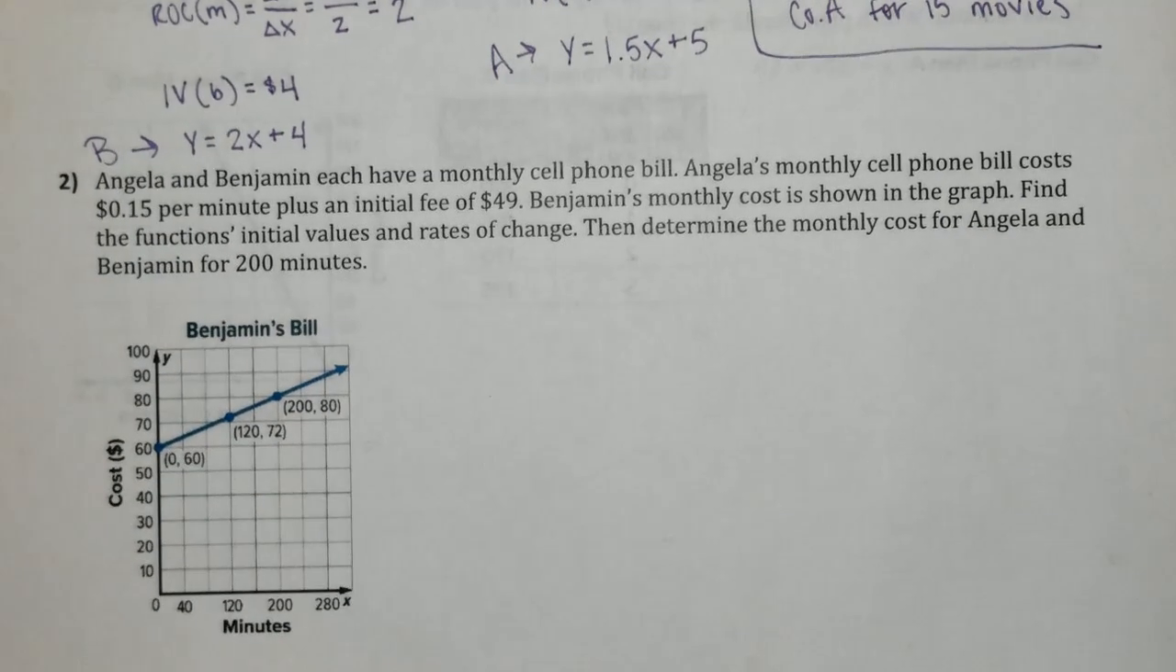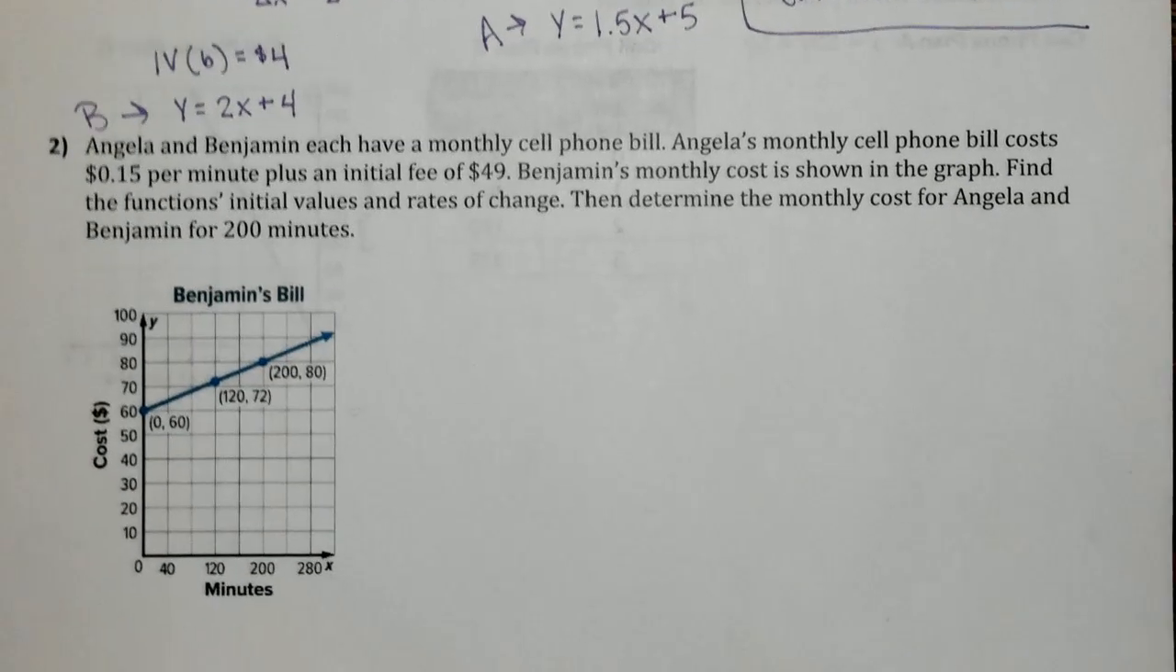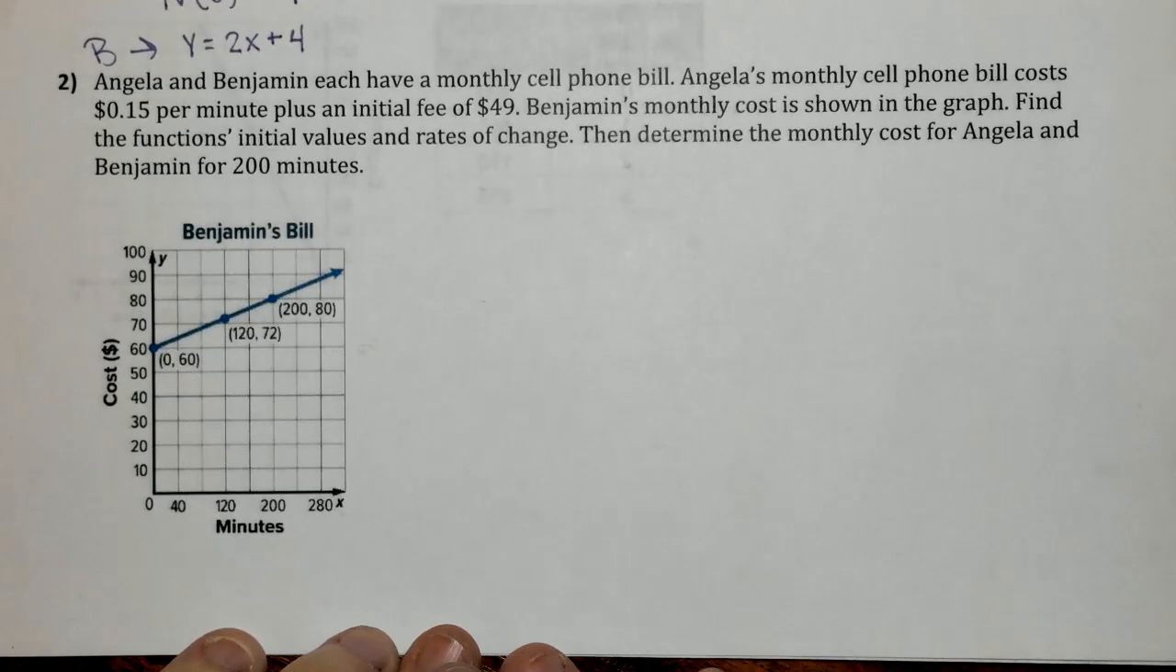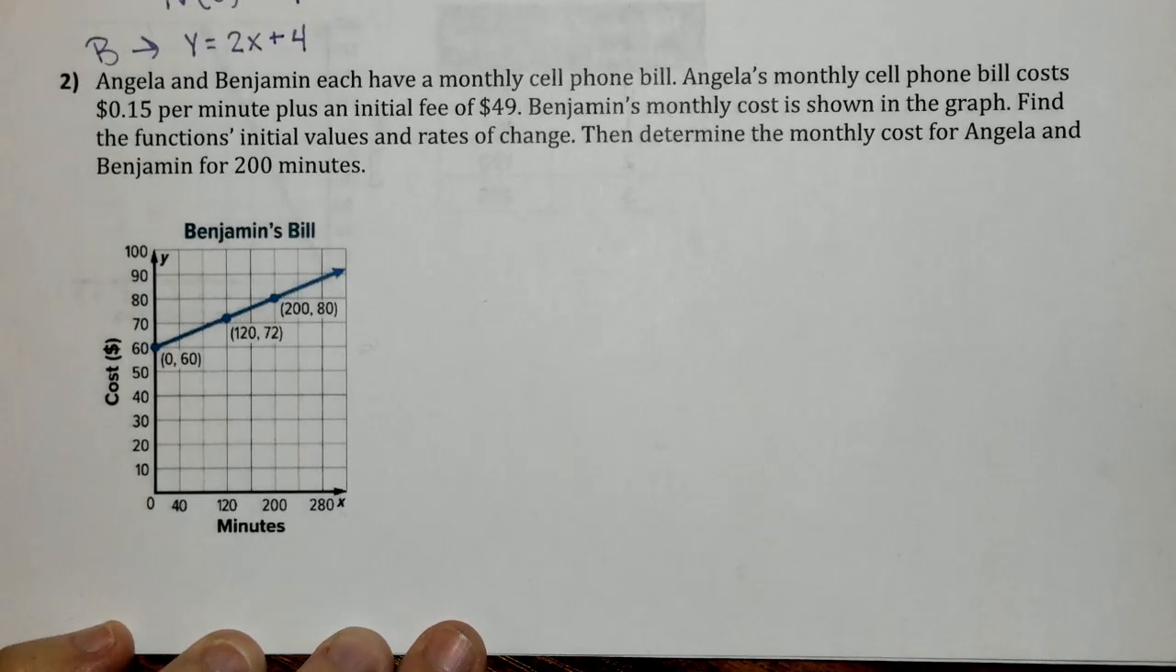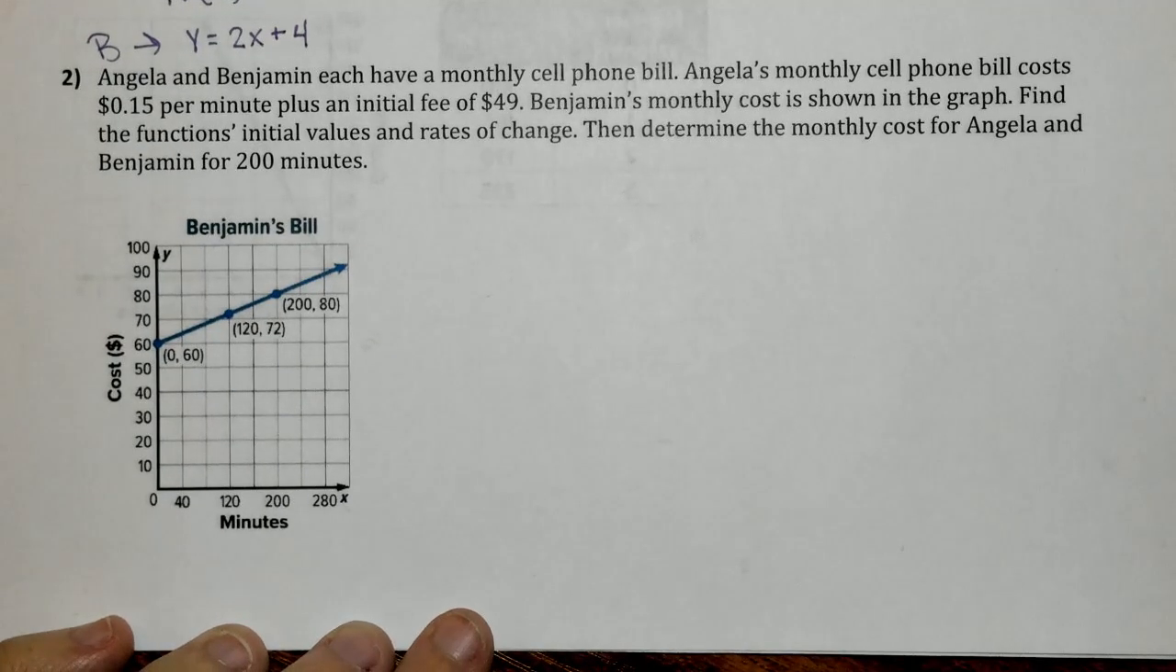says Angela and Benjamin each have a monthly cell phone bill. Angela's monthly cell phone bill costs 15 cents per minute plus an initial fee of $49. Benjamin's monthly cost is shown in the graph. Find the function's initial values and rates of change, then determine the monthly cost for Angela and Benjamin for 200